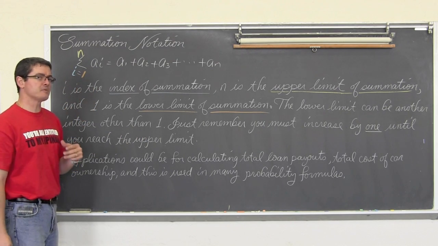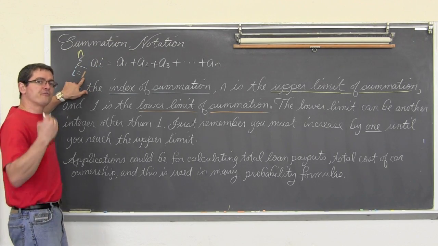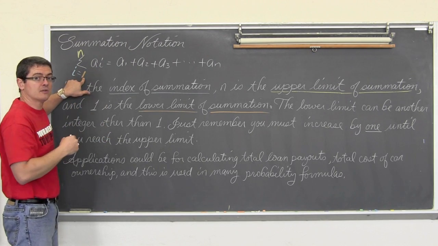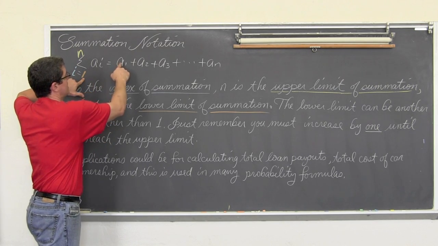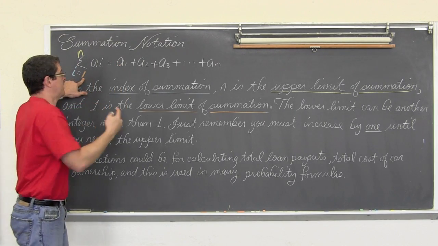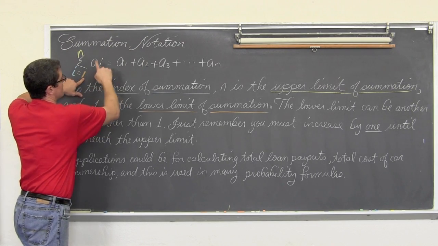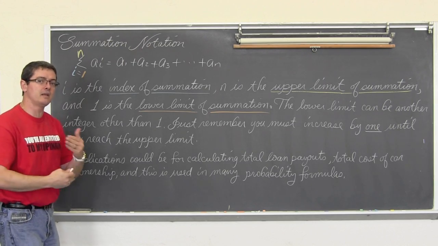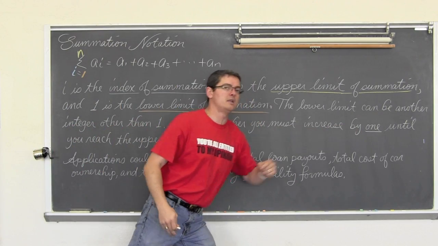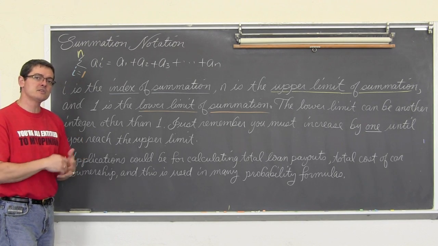So what you're going to see in the examples in a second is there'll be an expression here. Whatever this lower limit is will be the first number that we plug into this expression, and in this case it's 1. I would plug 1 in, get a term, then increase it by 1 and plug in 2 to get the second term, then plug in 3 to get the third term, and so on, just keep plugging in numbers, getting bigger by values of 1 until we reach the upper limit of n. That would be the end of the sequence.